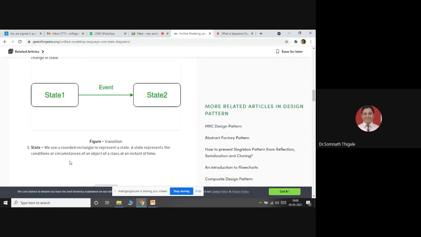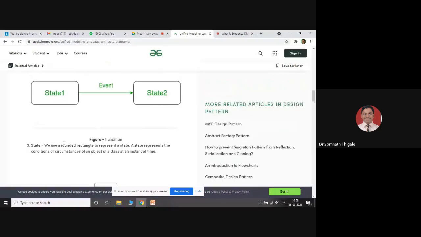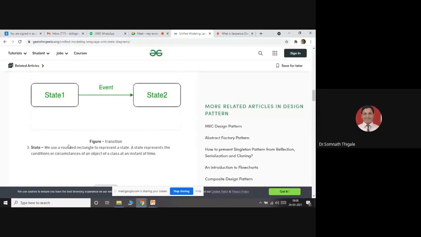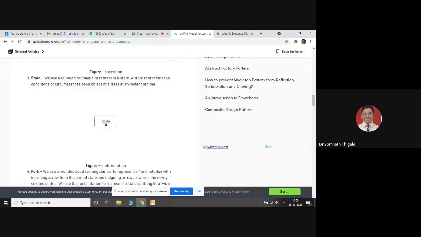Now what is a state, and how do we represent it? We use a simple rounded rectangle; this is the state notation. A state represents the condition or circumstances of an object of a class at an instant of time.